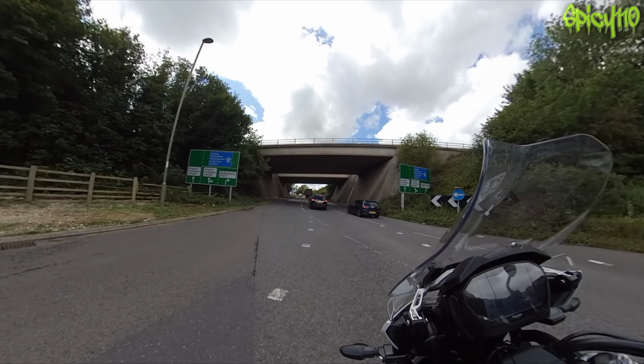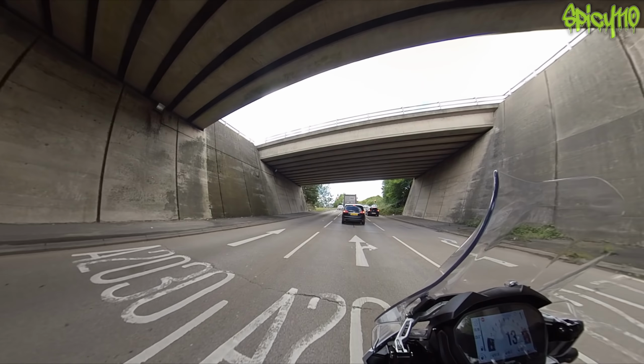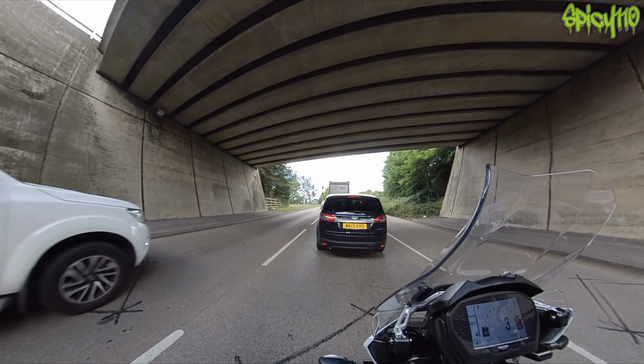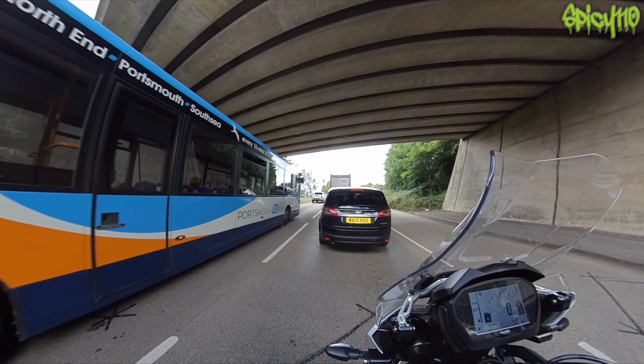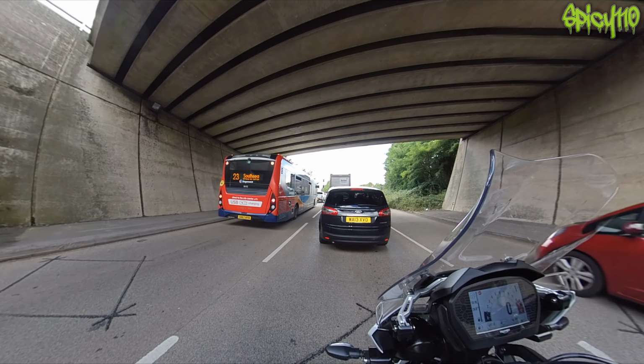I might even have a play with the cruise control because I don't myself really like cruise control. It freaks me out a little bit. The more I use it though, the more I'm getting used to it, so maybe I'll try it again. If it's a nice, calm, open road, you know, you can sit there at 70, no problem, in the left-hand lane. I get that. But the odds of being able to do that on today's roads...